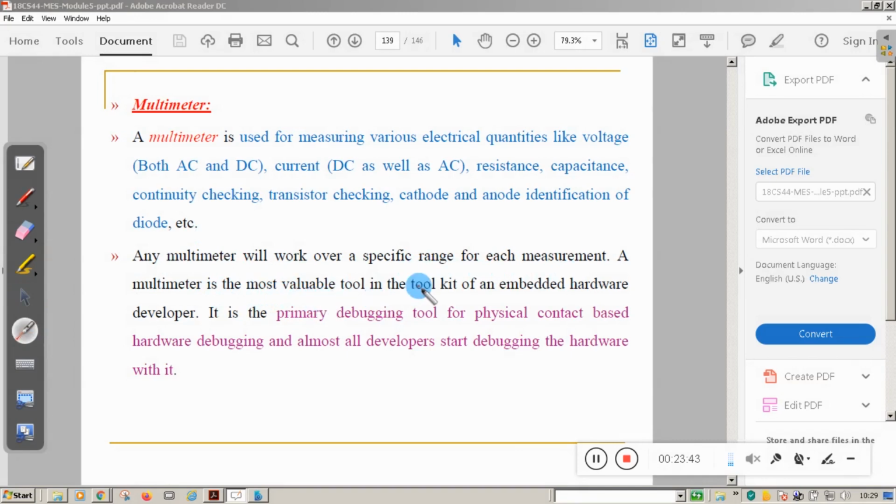A multimeter is the most valuable tool in the toolkit of an embedded hardware developer. Without a multimeter, you cannot measure different parameters. It is the primary debugging tool for physical contact based hardware debugging, and almost all developers start debugging the hardware with the multimeter.